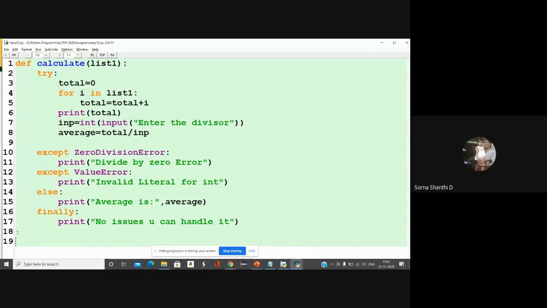L1 is equal to, I'm just giving some numbers, 100 comma 200 comma 300. And I'm calling this function calculate of L1. Okay, I have invoked this function. So now if I execute it,